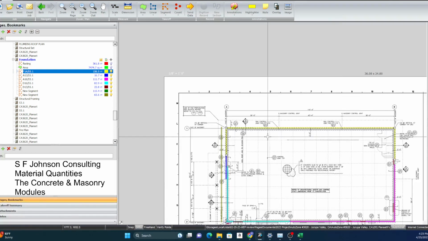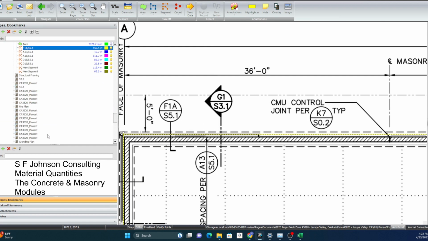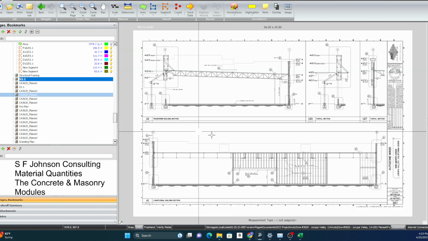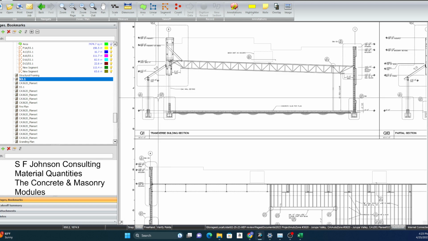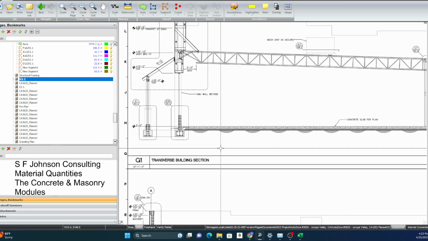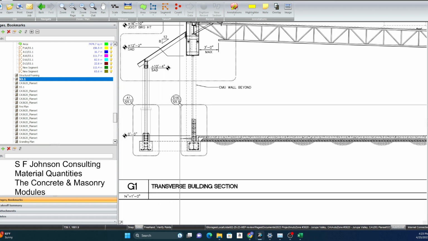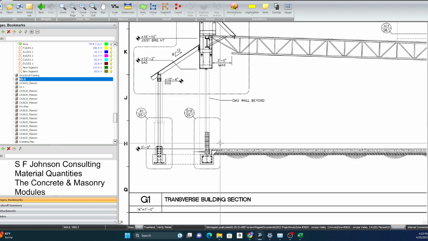So, but let's still go look at G1 over S3.1. Where is it? G1. Oh, okay. That's just the building section view. And this is it's probably 2 by 2. Let's see. Okay. Didn't we already go there? Yeah. D16 over S5. Yeah, we already went there. Okay. So,